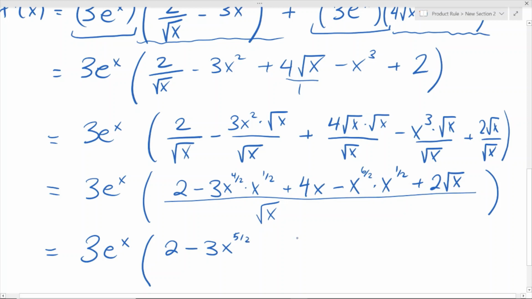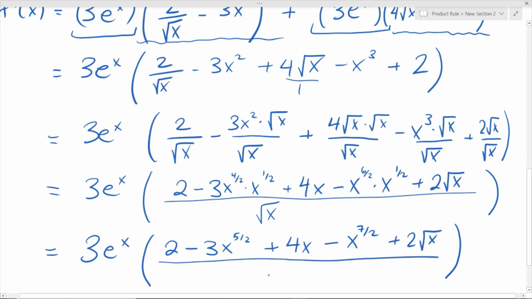And then here it's 4x, so plus 4x. And then here, x to the exponent of 6 over 2 times x to the exponent of a half. We add the exponents together and we will get x to the exponent of 7 over 2. Here it's positive 2 times square root x, and then here, denominator, which is going to be square root x,